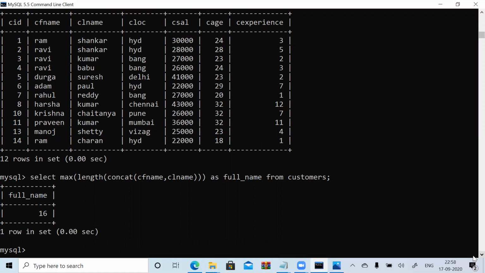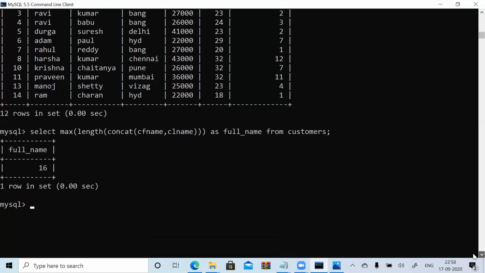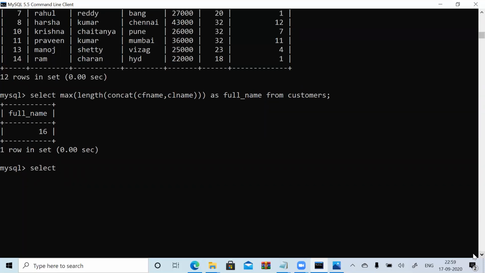One simple way we can do is select concat of C first name, C last name, from customers where, simply I can perform it like this, where length of concat of C first name comma C last name equal to 16.